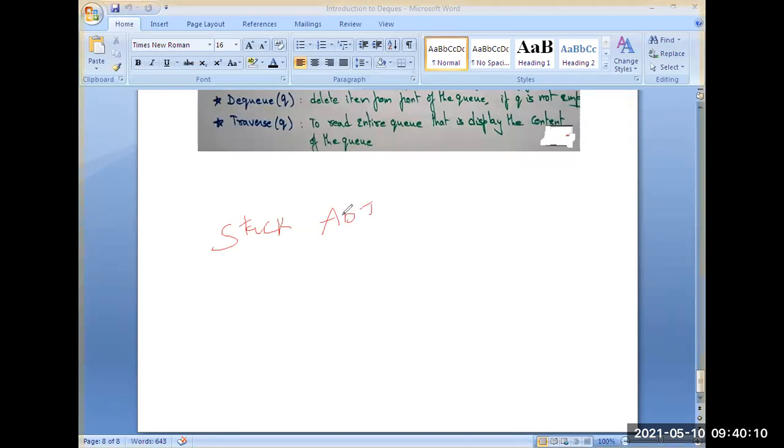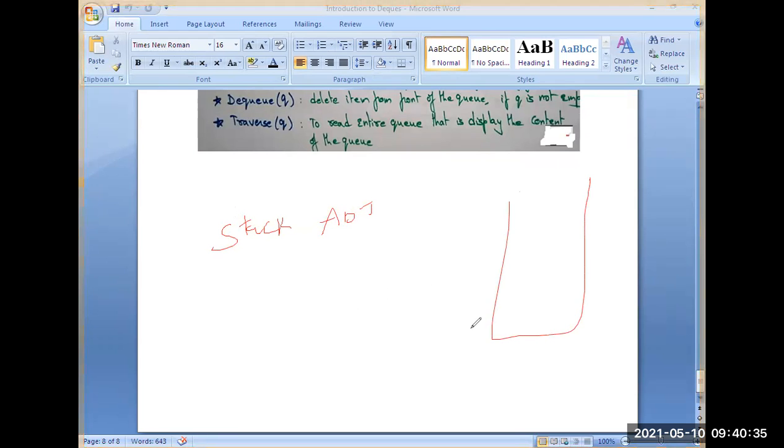ADT is a collection of data and a set of operations performed on that data. So stack as ADT means first we have to consider the operations performed on stack. So what is stack? Stack is a data structure where the elements are inserted at one end and deletion can be performed at the same end. We call it a stack.